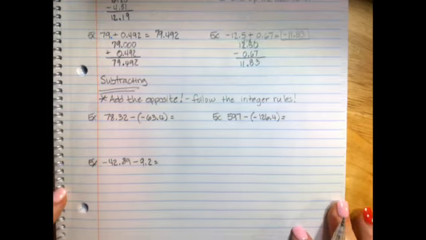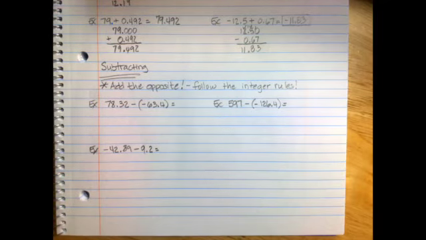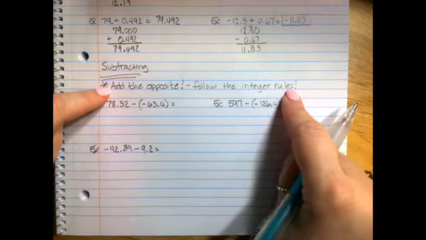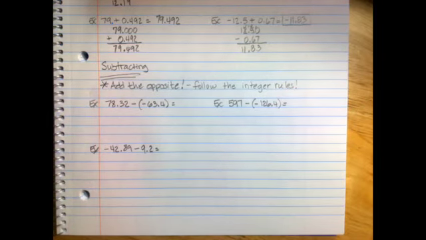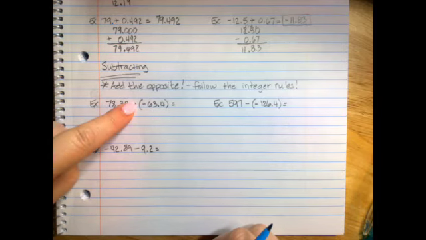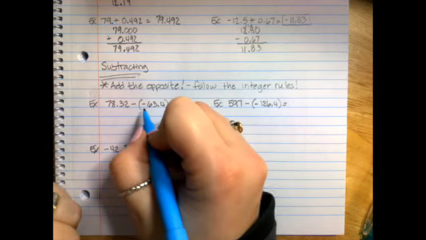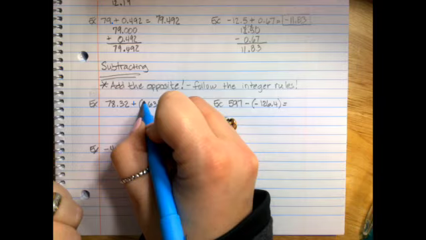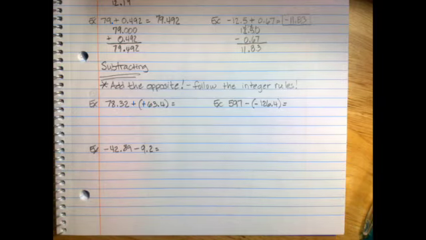Okay, we're going to switch it up a little bit and start talking about subtracting. Remember the rules for integers, add the opposite. You want to follow those integer rules when it is also pertaining to decimals. Okay, so I'm going to go through this first one, and I want to add the opposite. I don't change this one at all because subtracting a negative means I will add the opposite. So really this becomes